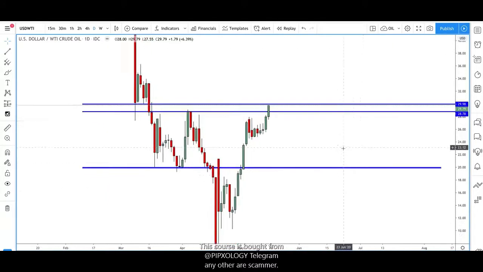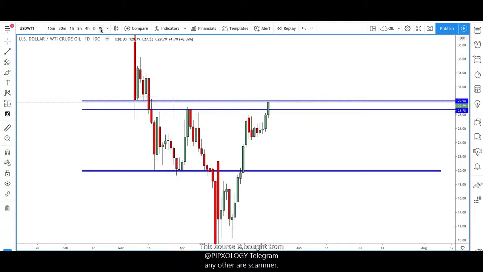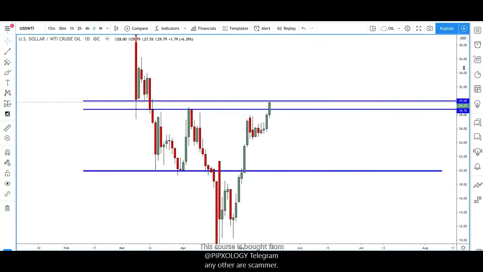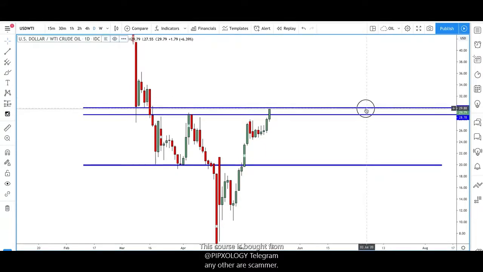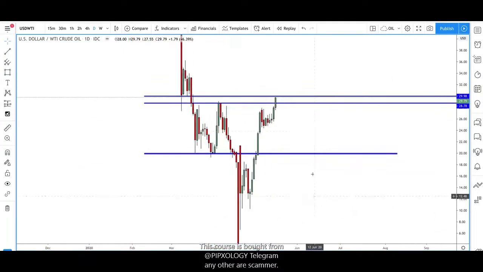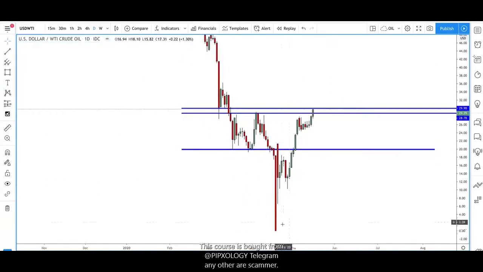US oil, as I said, is one that I'm going to watch out for. Very bullish end to the week. Bullish week here. Bullish daily here. Coming up into that $30 region level. Coming up into this area where we've had previous price action all around this area here. So I think that we're going to need to see oil have a bit of a pullback before making any move up higher, if any.